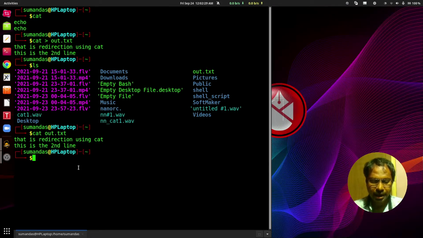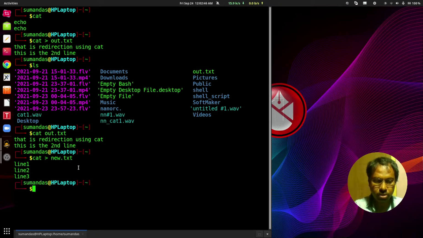Let's try another redirection. Now cat, and now the file is new.txt. Then line 1, line 2, line 3. Press enter and Ctrl D. So here the new.txt file must be generated.